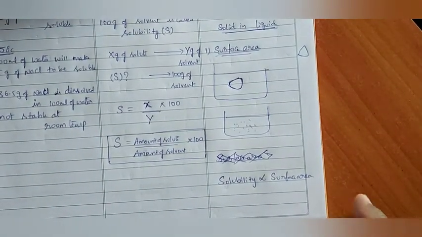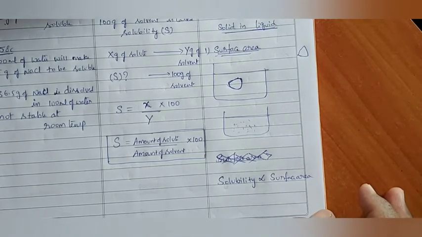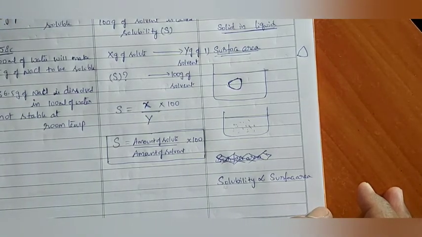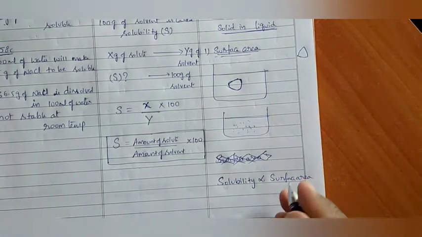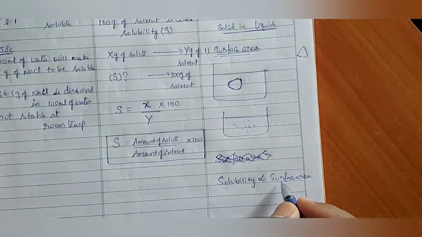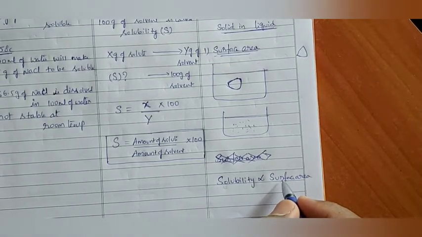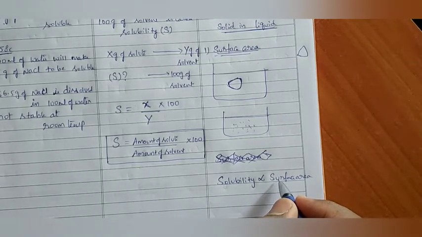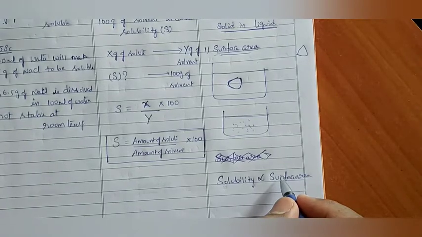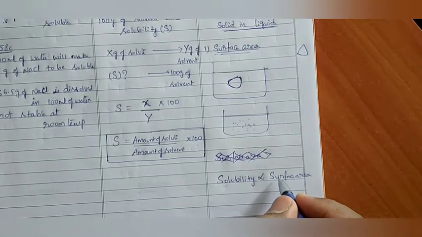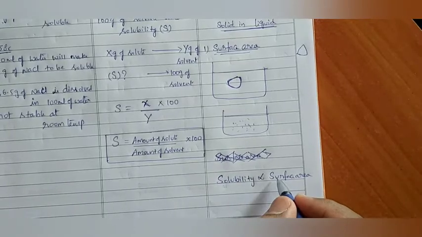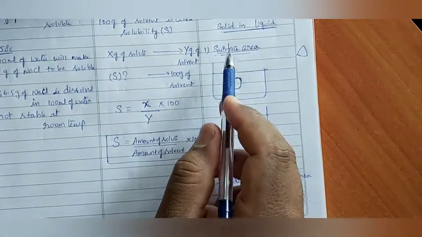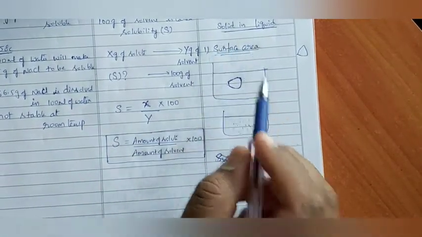Solubility is directly proportional to surface area. That's why only powdered sugar will be soluble in water easily when compared to crystal sugar. Next, powdered salt is highly soluble when compared to crystal salt. Nowadays we prefer to use powdered salt, because it has high surface area and easily dissolves, giving taste to the curries or whatever we are using. That means solubility increases with the increase in surface area. This is the first factor which affects the solubility of a solid in a liquid.